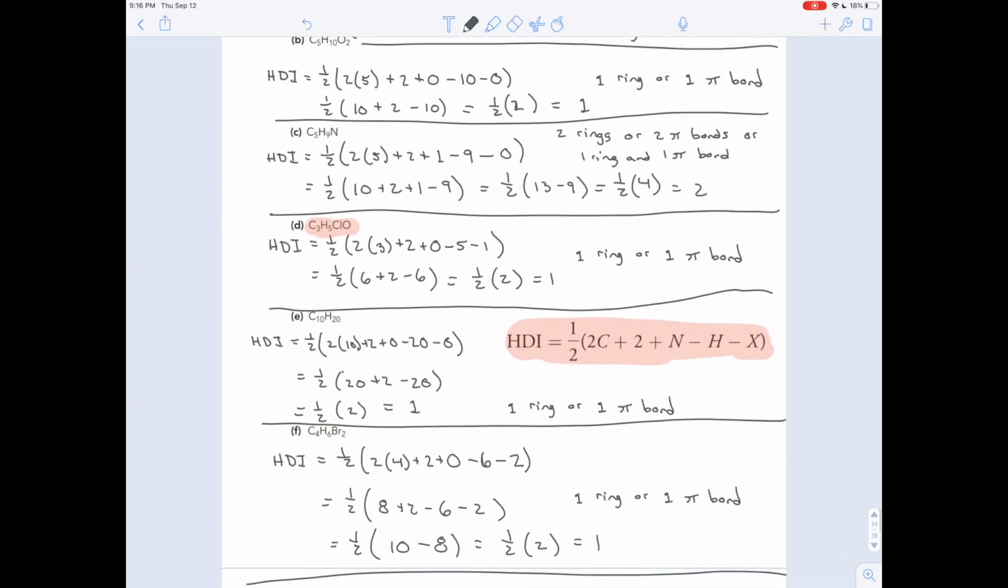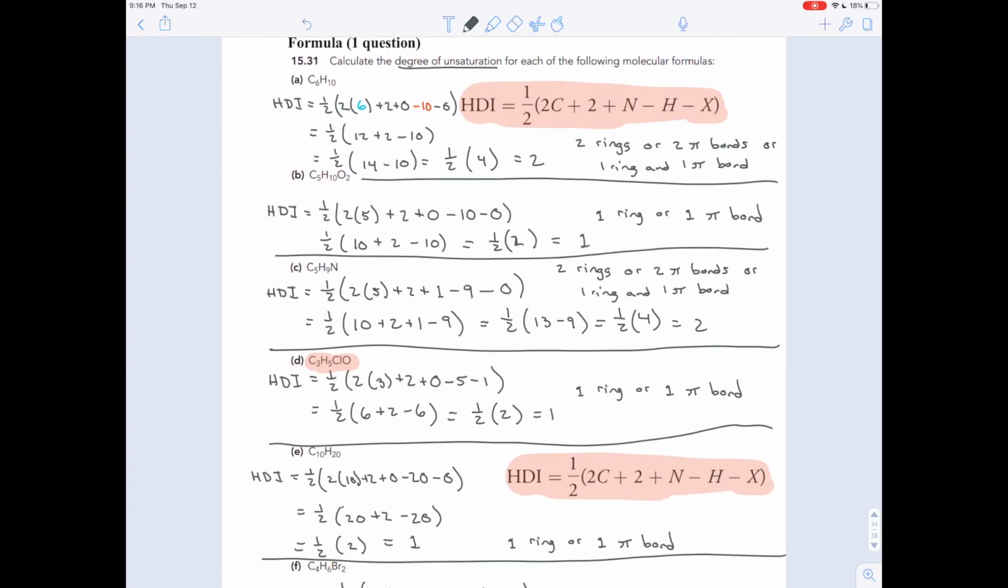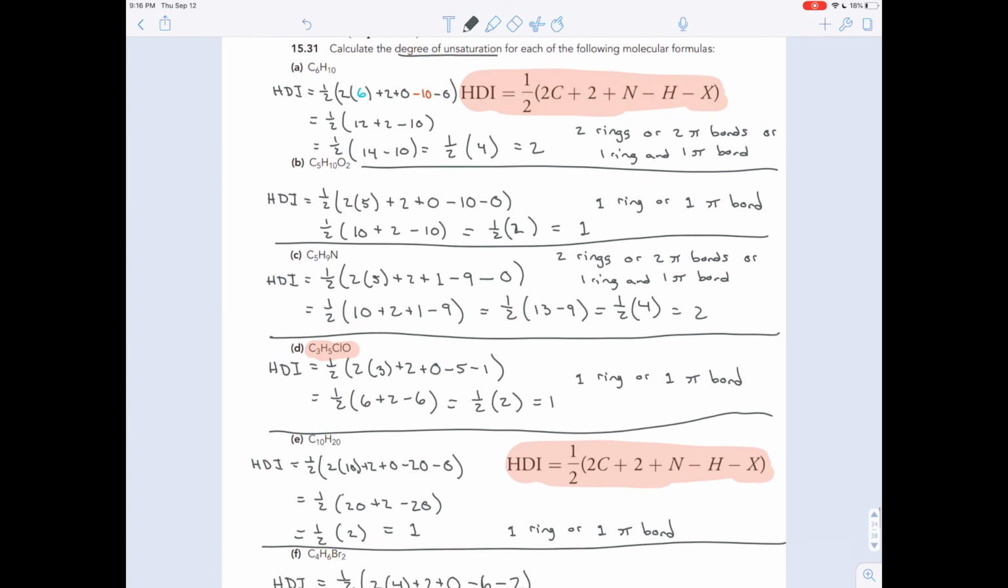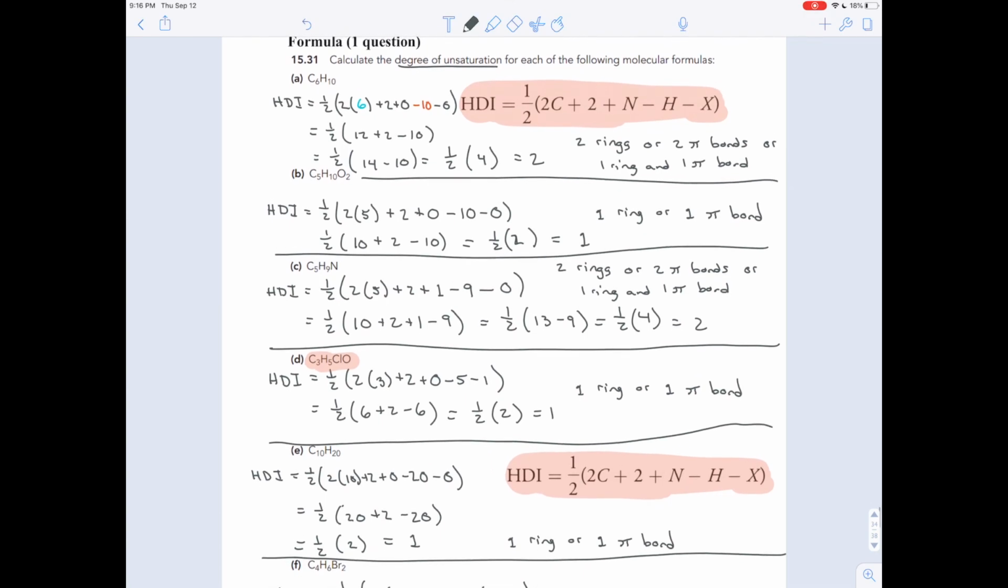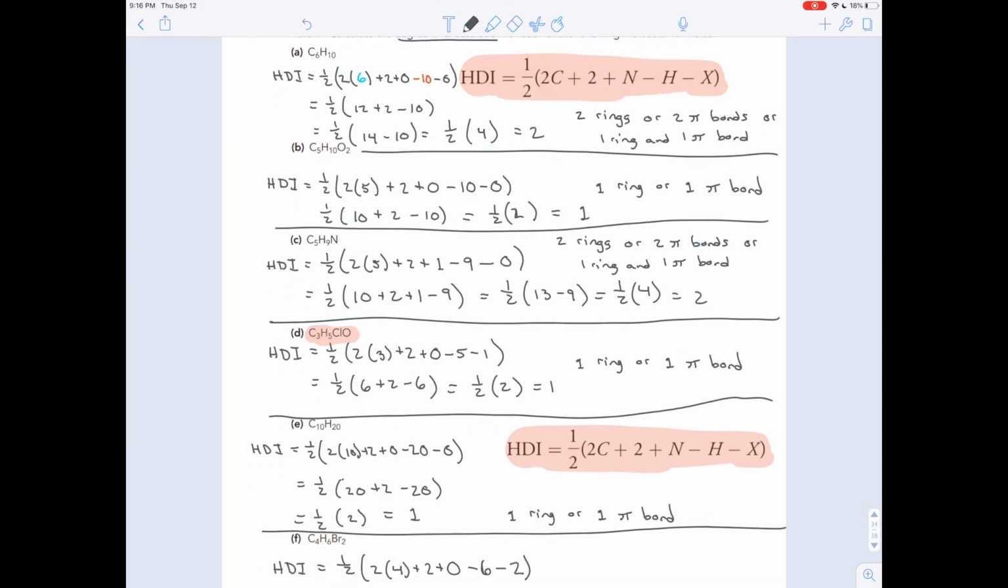So really, this is a simple formula that you can use to find useful information, the number of pi bonds or rings in a molecule. Those are called the degrees of unsaturation, or the hydrogen deficiency index. And that helps you to go from molecular formulas to drawing